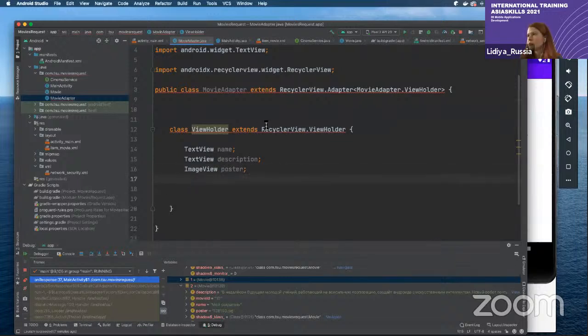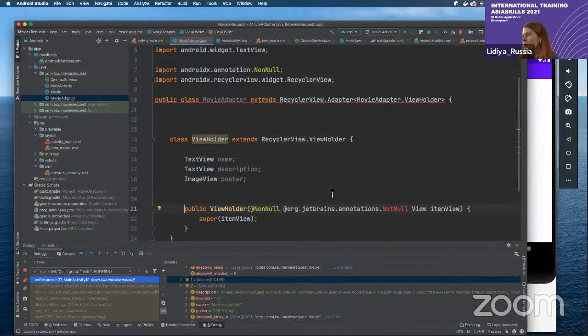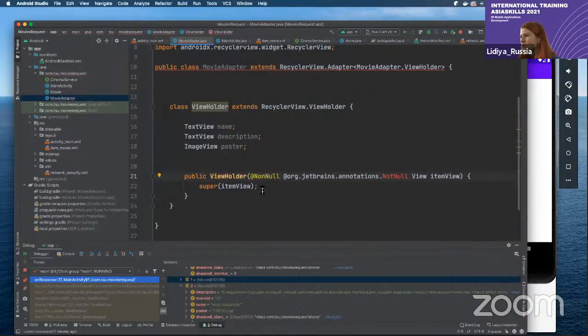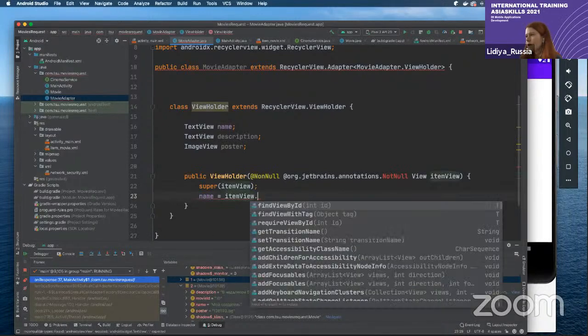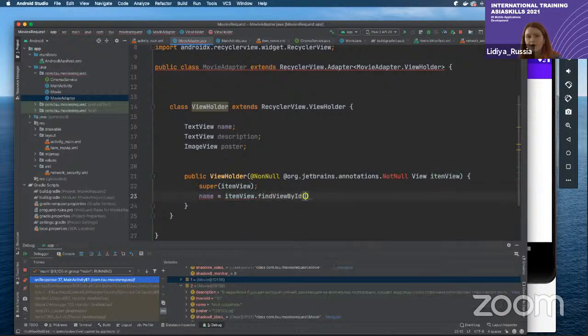Then I should, as Android Studio recommends, create a constructor, yes, of course. And here I should add links to my UI components,